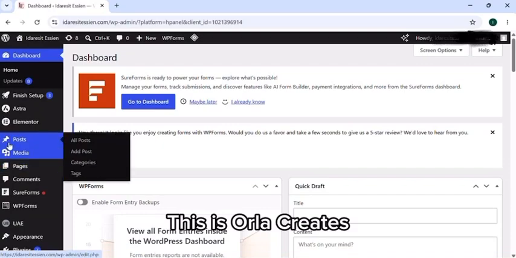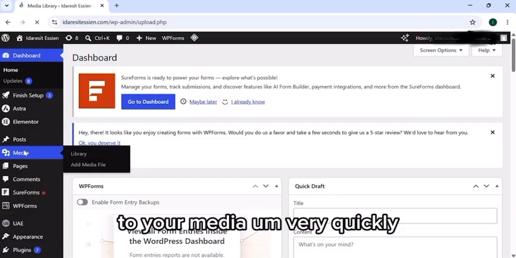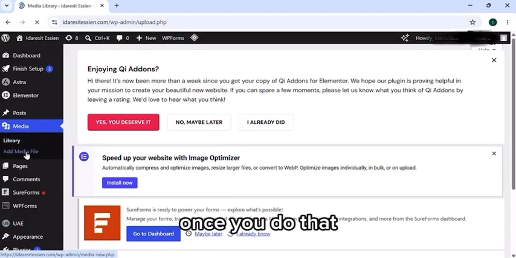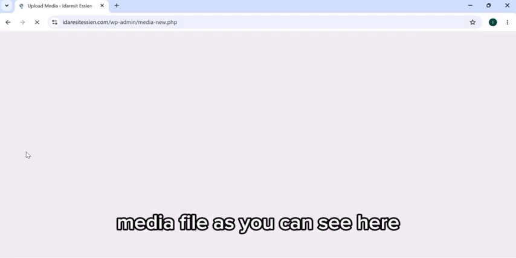This is Orla Creates, and we are going to be showing you how to add your pictures to your media very quickly. So you go to your media and you're going to click on add media file. Once you do that, you're going to be directed to the page where you can add your media file,